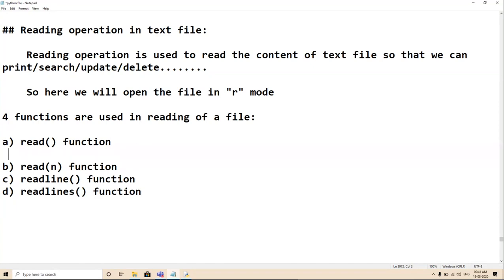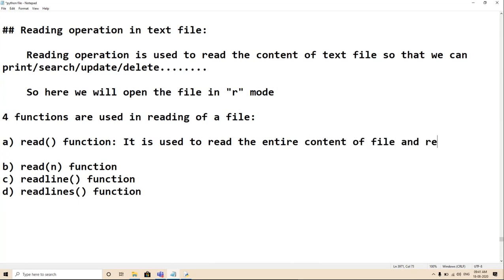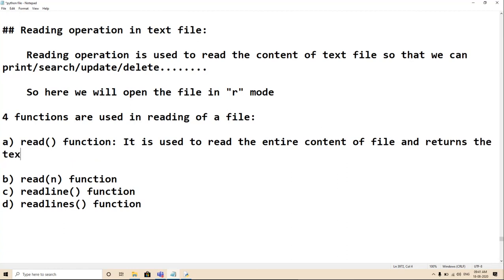First of all, let's do the read function. What will it do? It is used to read the entire content of the file and returns the text.